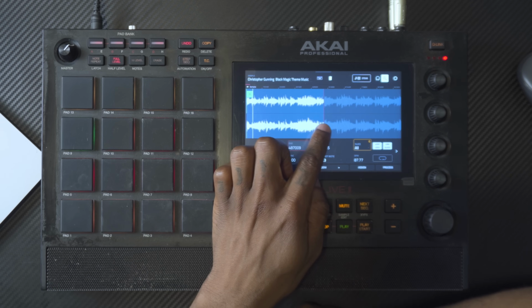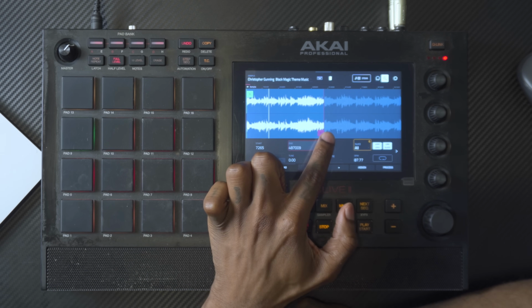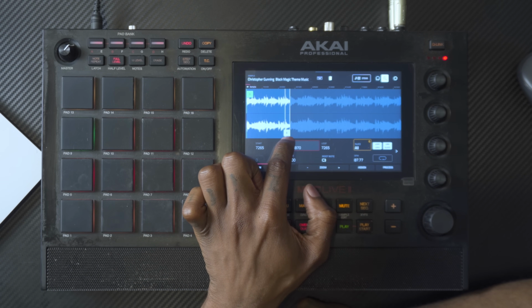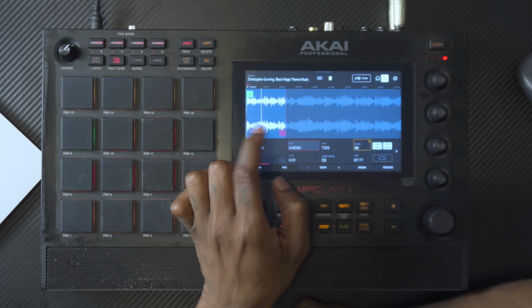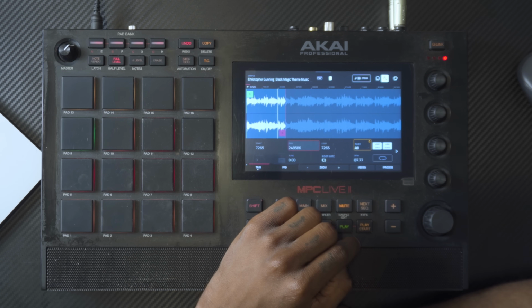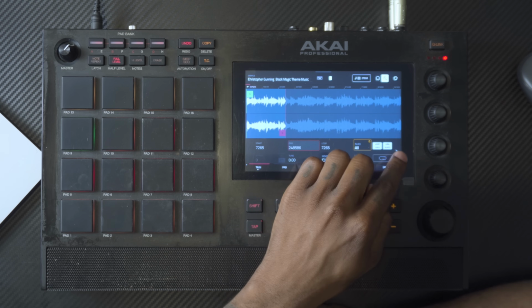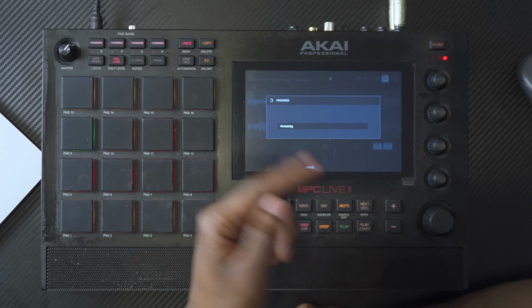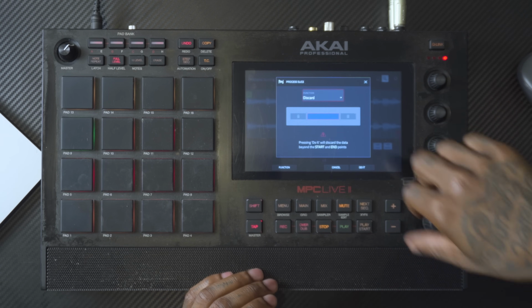Now number 5, you probably already know this, but this could probably still trip you up if you're new. And that is pitching your sample, but still keeping your tempo the same. Let's just loop this. Let's just get that part. All right, so let's say we like that and we would discard everything else. So then we have the sample, and let's say we like that tempo, but we want to put it in a different key. Now the best way you want to go about this is to go to process